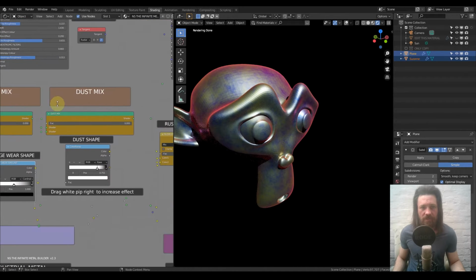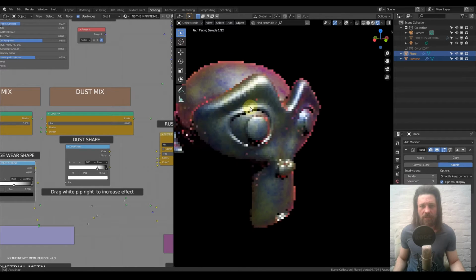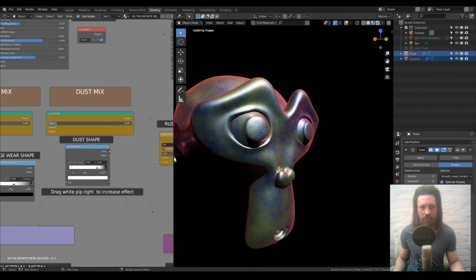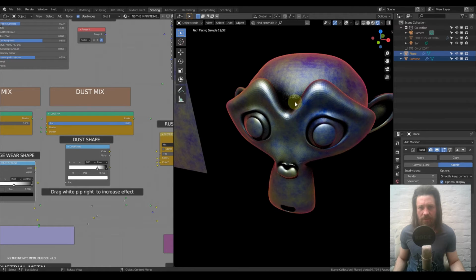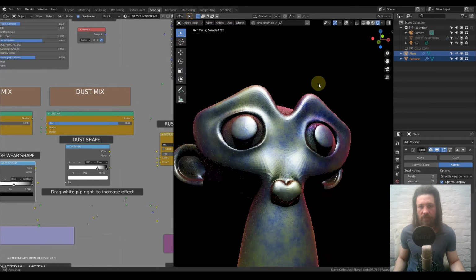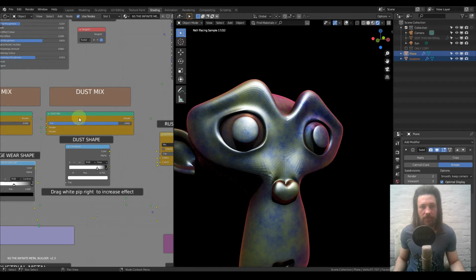Dust uses ambient occlusion data, so it's just going to darken up creases where geometry meets geometry. Let's put it up to full just to show exactly. So you can see now it's got this dust here, this dust here. I never have it on full, I just have a bit of a mix. But it's dependent on the object you're putting this on and just how the geometry is,